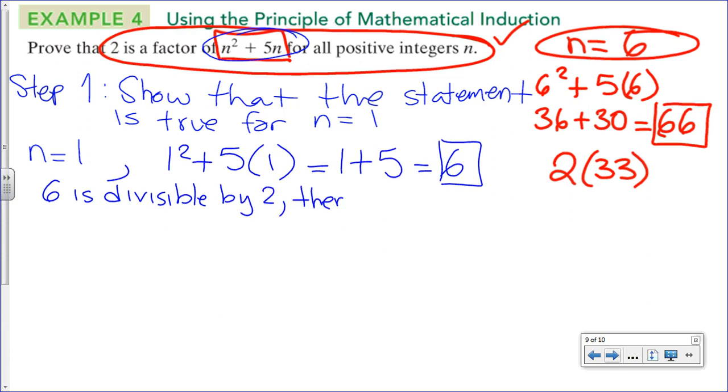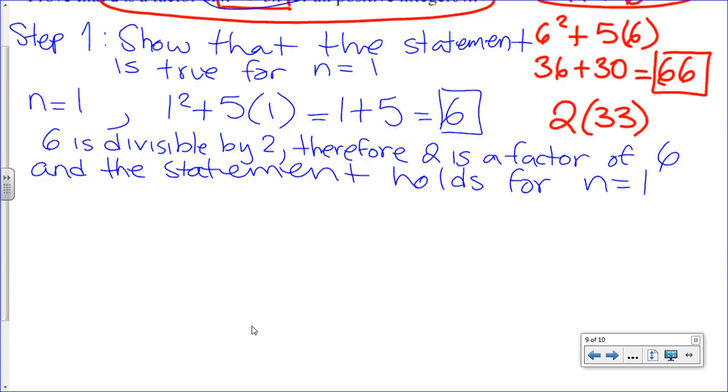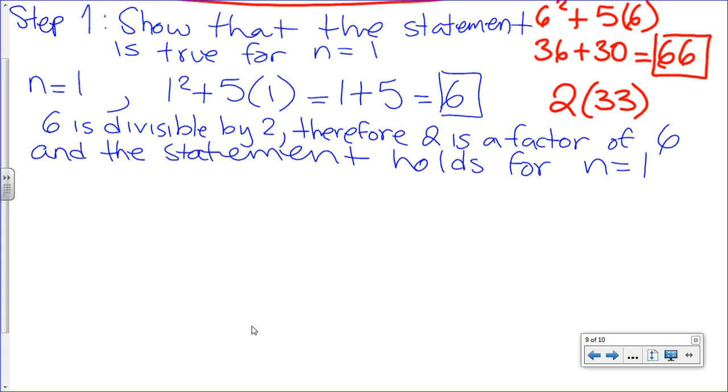Therefore, 2 is a factor of 6 and the statement holds for n equals 1. I'm going to post this video on Edmodo, by the way, and the notes. Okay, so now step 2,